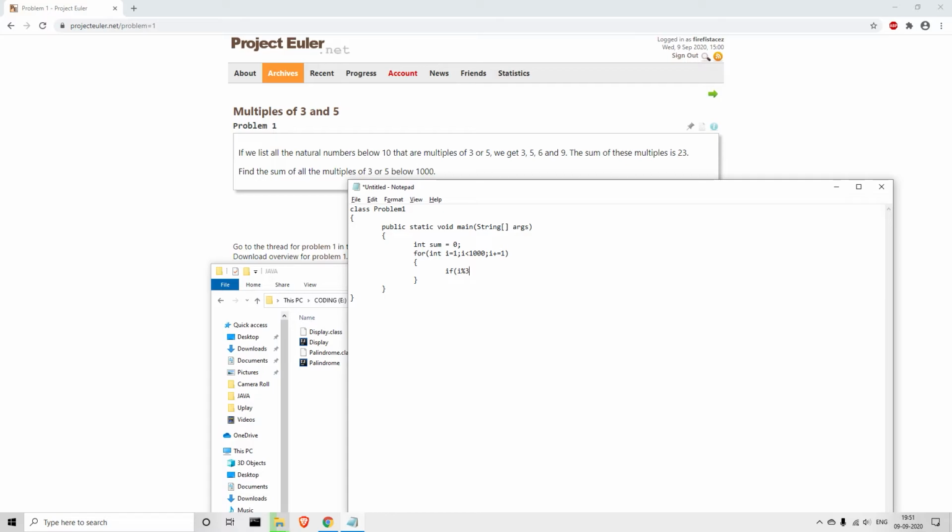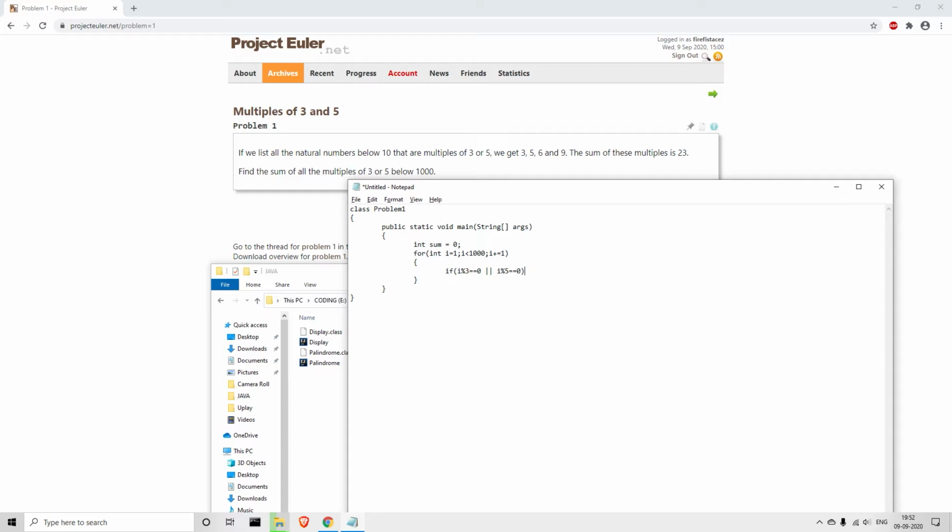The modulus operator in Java is the percentage symbol. So i % 3 == 0, or, which is written with two straight lines, i % 5 == 0, meaning when you divide the number by 5 the remainder has to be 0. So either it satisfies this condition or that condition. That's what OR is.